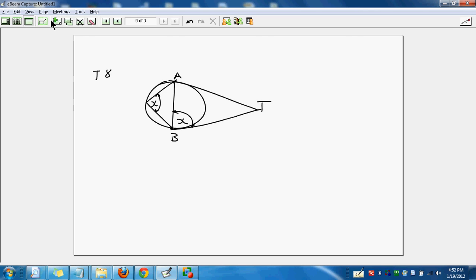So read it back: the angle between a tangent to a circle, TB in this case, and the chord at the point of contact, which is this angle here, is equal to the angle in the alternate segment of the circle created by the same chord. So this is the alternate segment on this side, and this angle is created by the same chord A going down to B. So that angle will be equal. So the question that we face now